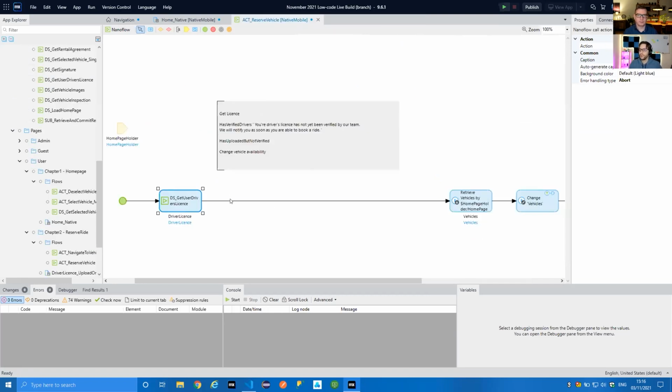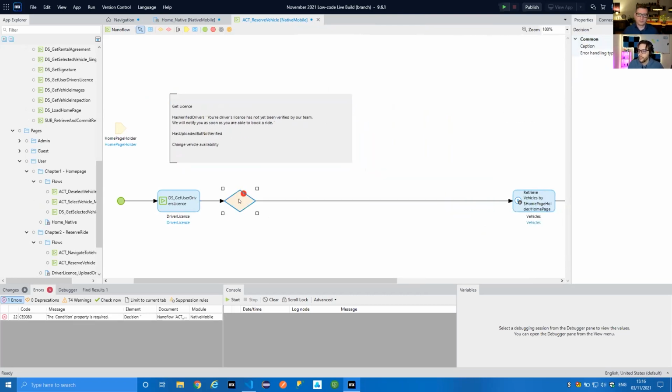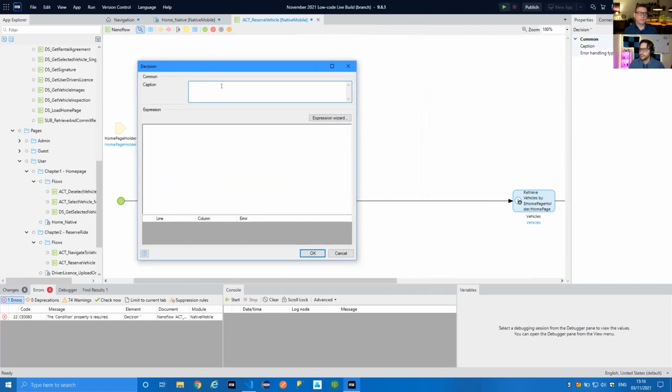So there's not just one thing we need to validate here. We need to validate one, that they have a validated driver's license, but two, if it's not validated, have they even uploaded something? And if they haven't uploaded it, we need to take them to the page to upload it. So we're going to just be using exclusive splits, very powerful tool that's been there forever. And this is just going to be valid license check. Now on the driver's license,